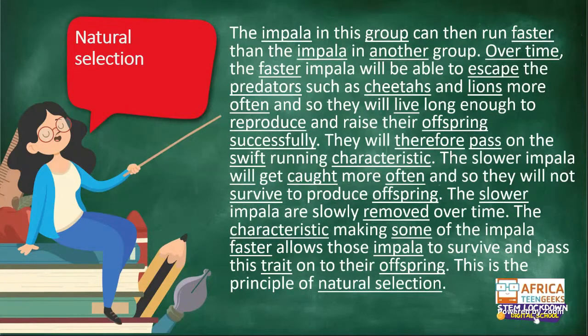Now, something that I want you to take note of, and it was mentioned first, is that some traits get lost. If the slower impala are dying out, the traits that are making them slower than the other group will also die out. Those traits will not reproduce. Only the traits from the ones that survive will reproduce. So that makes sense, right? Do you guys understand that idea? So it's not only the group that goes missing, but it is the trait that they have and that they can pass on that will also go missing. Do you understand it like that? Yes or no? Okay, good. There's a lot of yeses coming through.